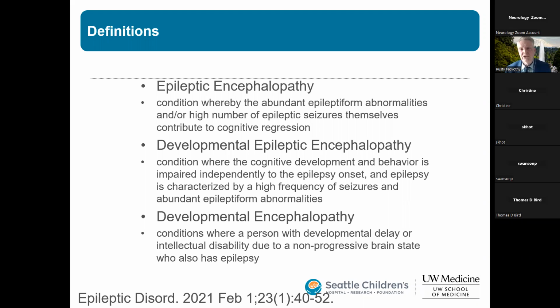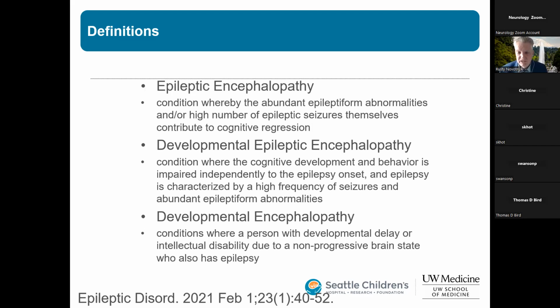So it becomes this issue of what's the chicken or the egg? Are the seizures causing the regression or is the underlying cause? And then developmental encephalopathies, which come under other terms such as cerebral palsy or intellectual disability, is a condition where